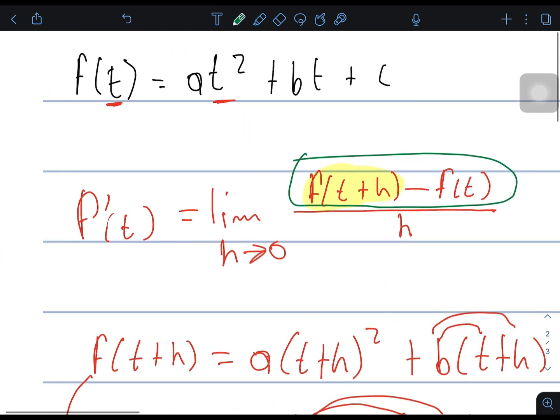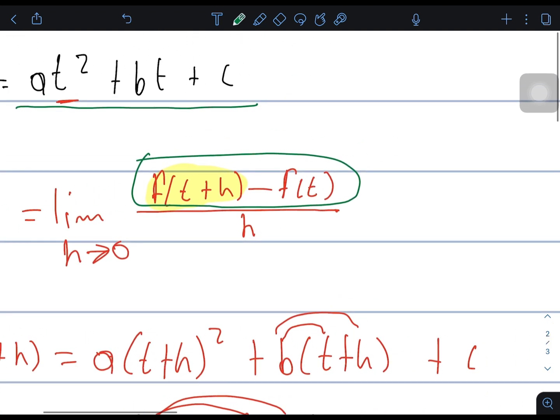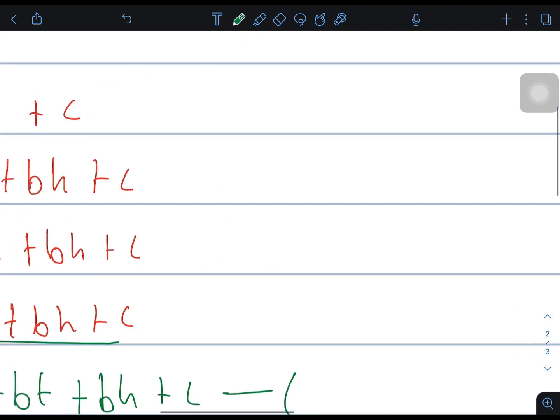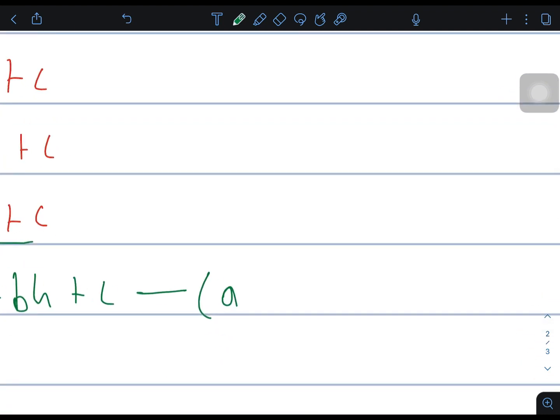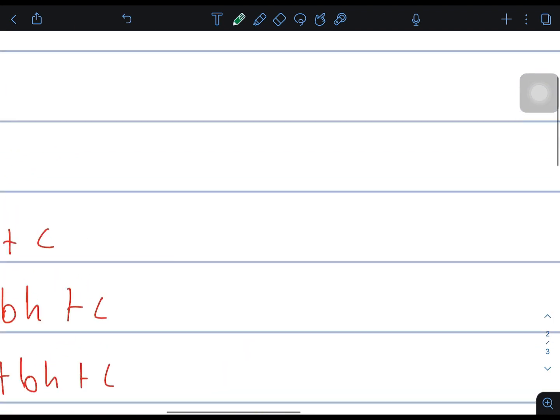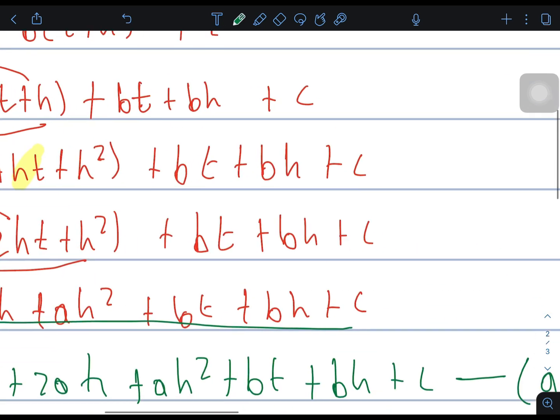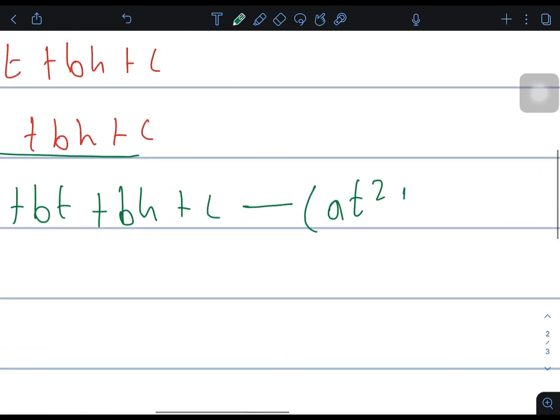F of t is the original function, which is a t squared plus bt plus c. Okay, continuing,